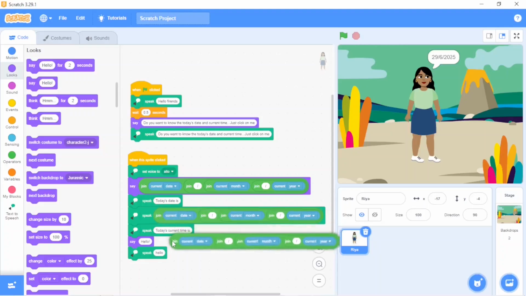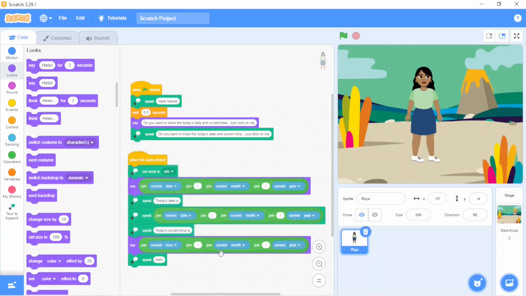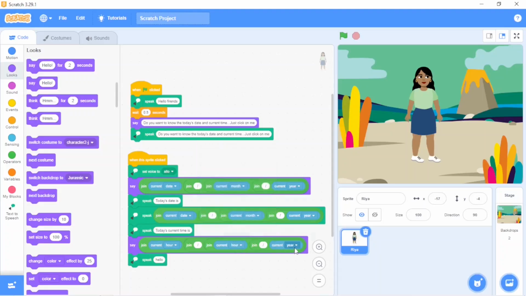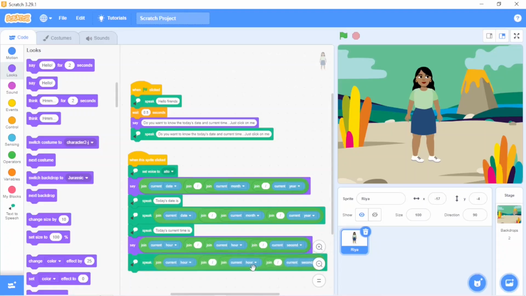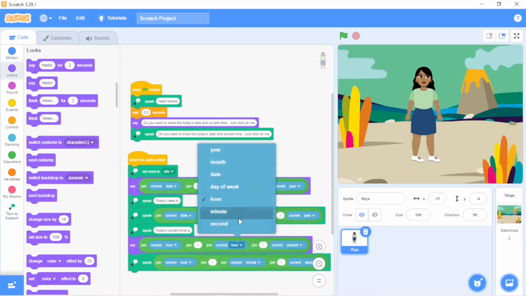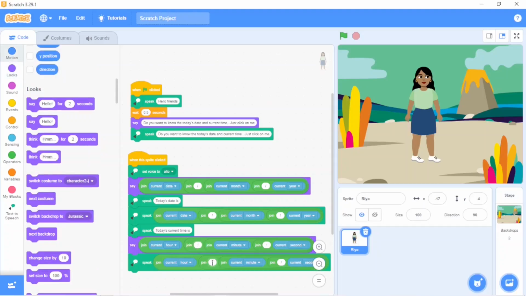We can duplicate this, put it here. We can change this current date to current hour, this to current minute, this to current second. Duplicate this, put it here. We got here hour again. Oh, minute. Got the minute. Instead of this slash, we will put colon.